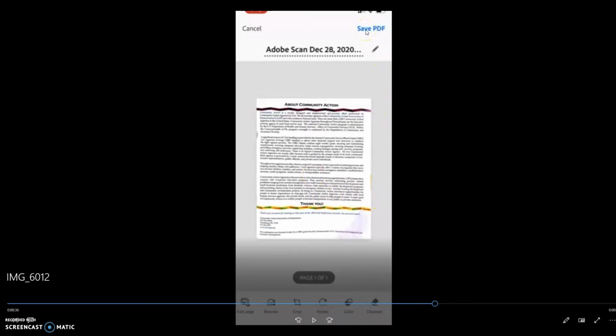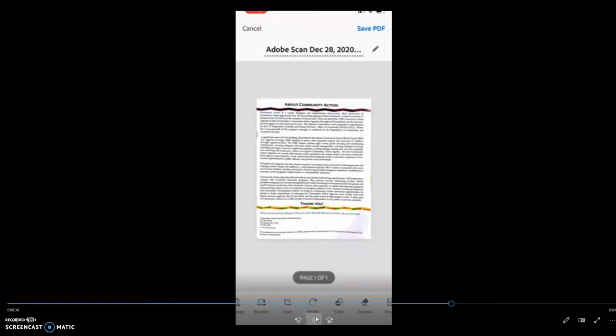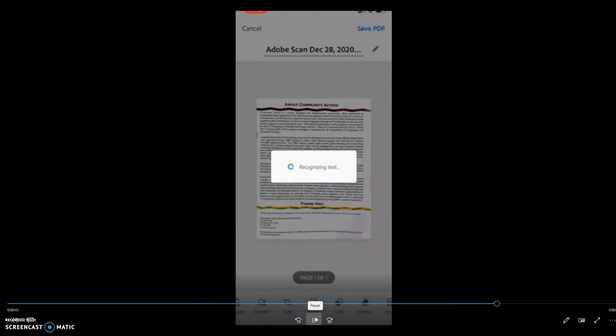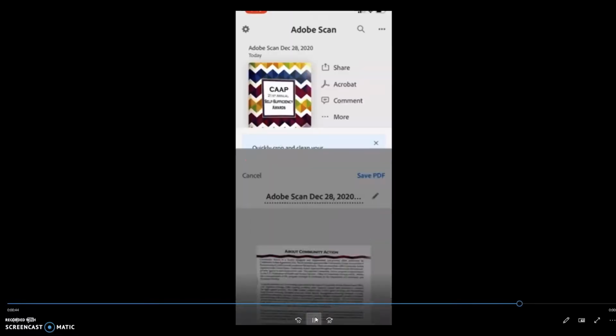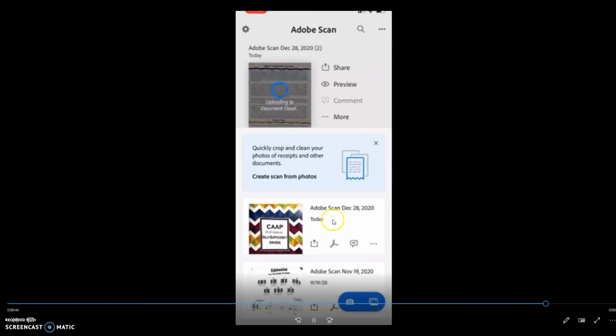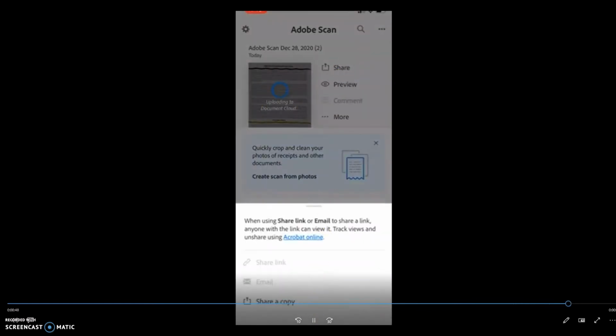And then here I can hit save PDF, so it would save to my phone. I can rename it here, and then I could send it. And you can send it in a couple different ways. So you could send it as a file, and you can also send it as a link, which I think is really interesting. So then it's all cloud-based, which is pretty neat. So you would just hit the share button, and here, as it's still uploading to the document cloud, it's not highlighted, but eventually once it's uploaded, which takes no time, I would either be able to share the link, email,